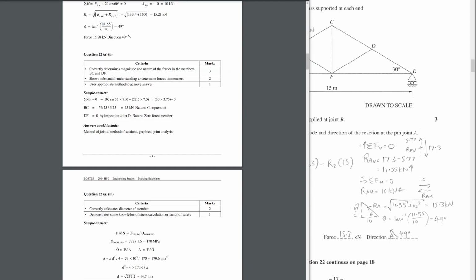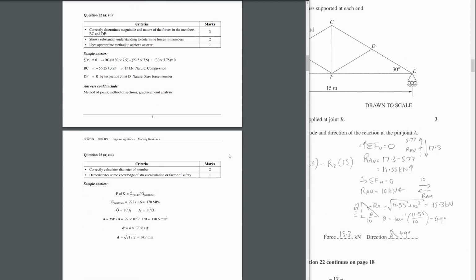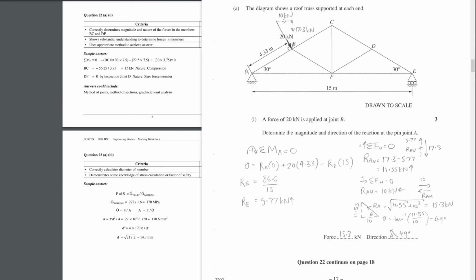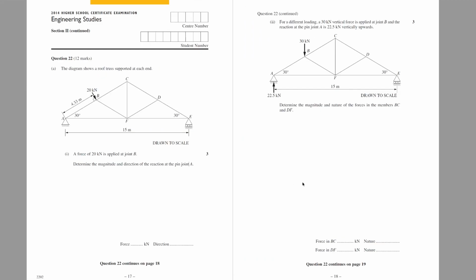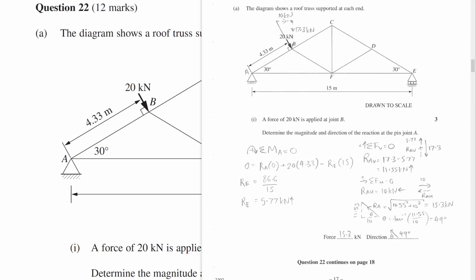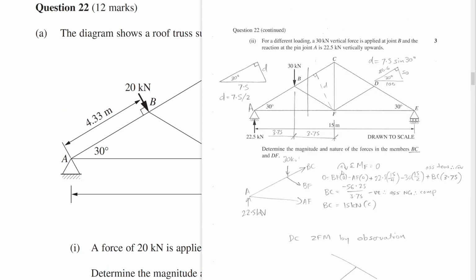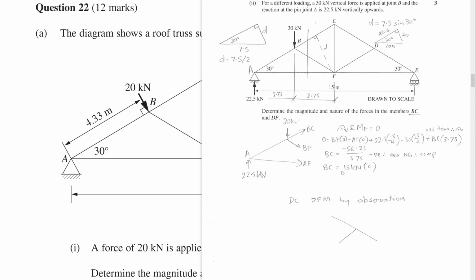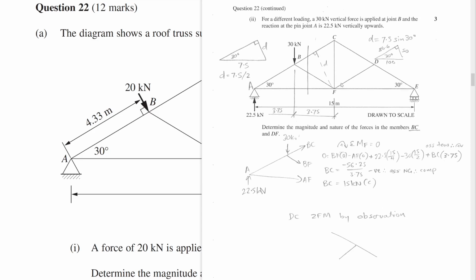Okay, the next one is the truss. I like my working out for the truss better, so we're going to look at my working out for the truss. That actually works out really well. So, this is what we're going to do. First of all, we need to cut the truss somewhere, right? And obviously there's ridiculous ways we could cut the truss, like we could cut the truss horizontally, right,